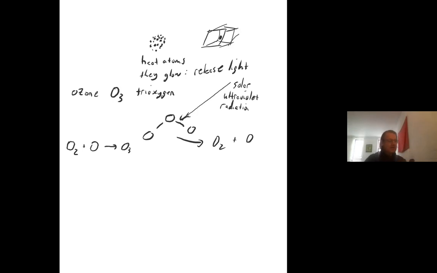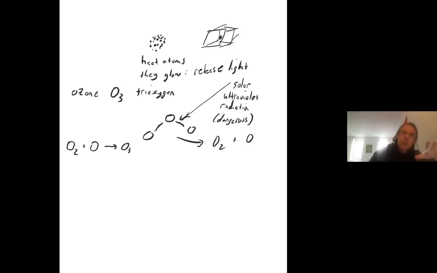And the importance of that is that that ultraviolet radiation is very dangerous energy. It's very high energy. So it will essentially destroy cells. It will kill cells. So at the surface of the earth and even in the oceans, that type of radiation, if it were able to reach the surface, it would kill plants. So you wouldn't be able to grow food. It would give cancer to animals. It would give cancer to humans. And it's even estimated that ozone depletion in certain parts of the world has raised cancer rates among humans. It would kill crops, all sorts of plants. So for that reason, this ozone molecule is important.